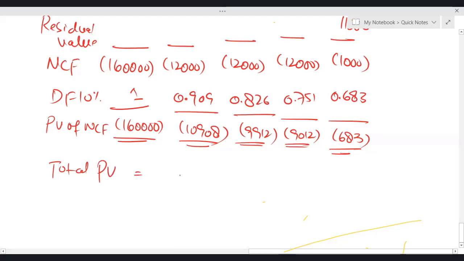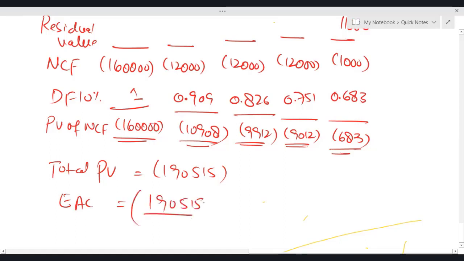What is the total? Can you tell me quickly, please? 190,515. So equivalent annual cost